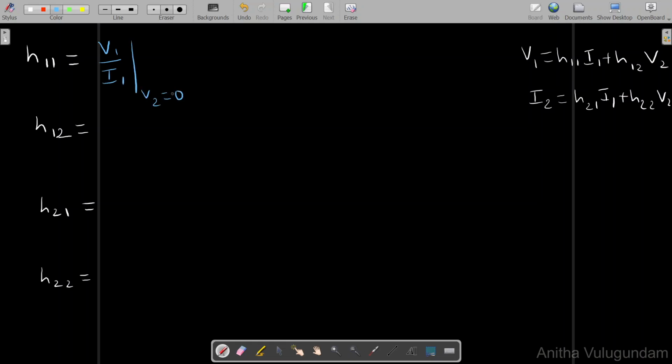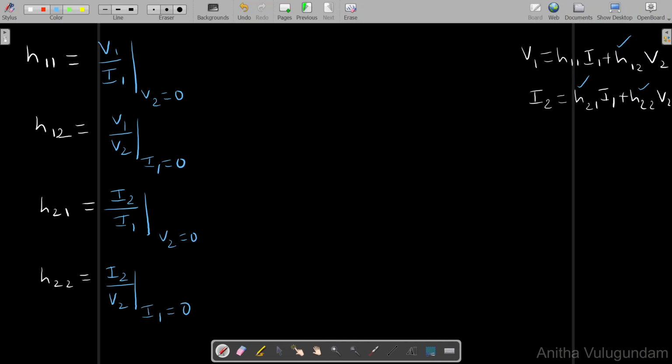to 0, and H12 can be written as V1 by V2 when I1 equal to 0, and H21 can be written as I2 by I1 when V2 equal to 0, and H22 can be written as I2 by V2 when I1 equal to 0. And H11 can be defined as short circuit because here the condition is V2 equal to